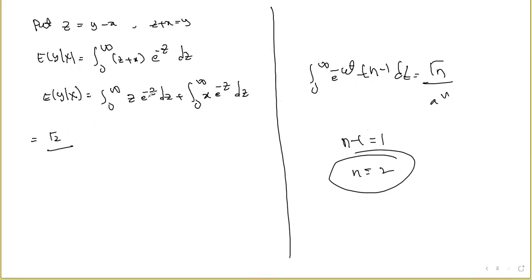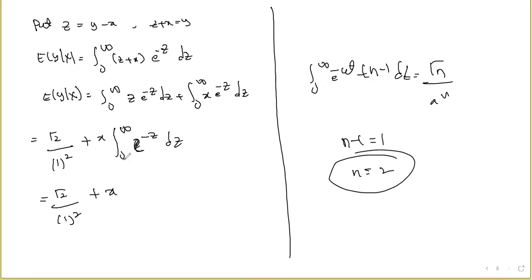So this is equal to gamma 2 divided by a. Instead of t, we have z, so a is 1. So 1 power 2, plus x is outside, right? X is outside. So now what do we have here? 0 to infinity, only e power minus z dz. So gamma 2 divided by 1 power 2 plus x into, same again, compare,